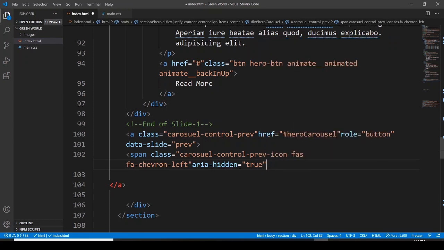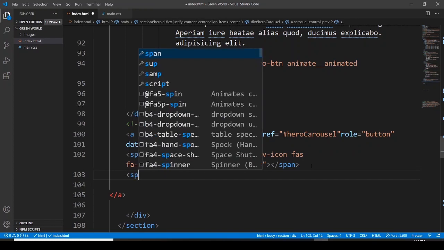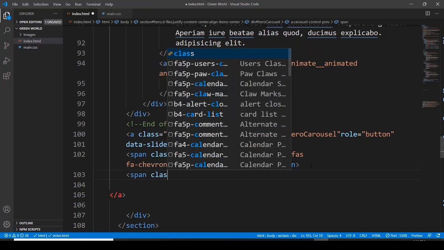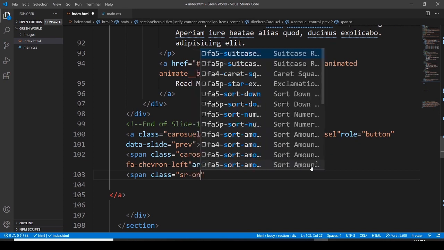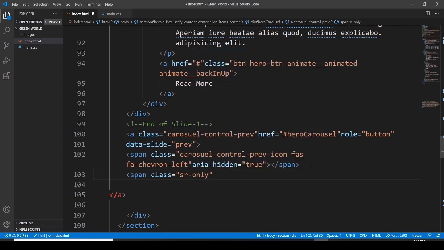Aria-hidden is done, and now we do have another span element, so span, and the class. This span class is going to have sr-only, and this should be previous. Okay,